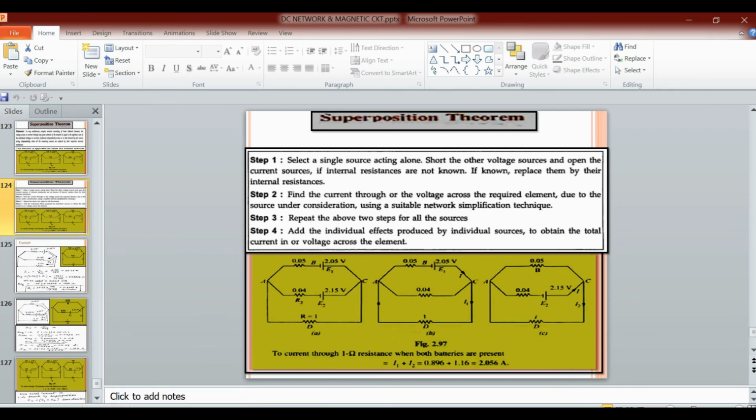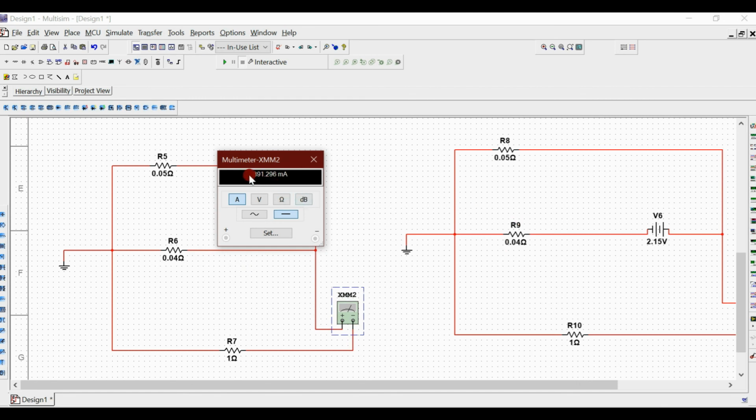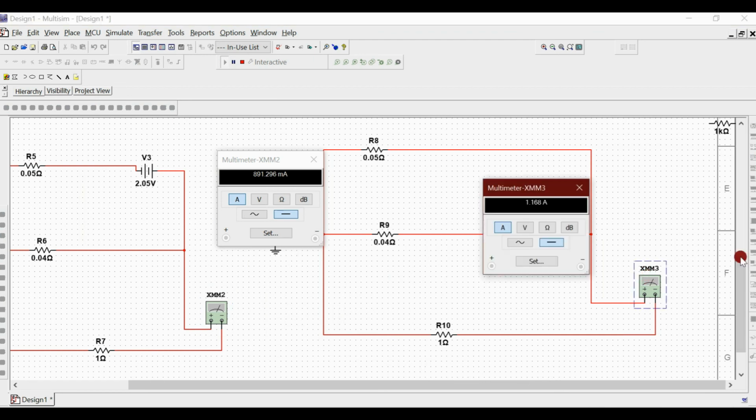One time we are taking the 2.05 volt source, and the other voltage source is replaced with its internal resistance. Here you can see the current value is 891.296 milliampere, and in another ammeter, when you run the simulation,